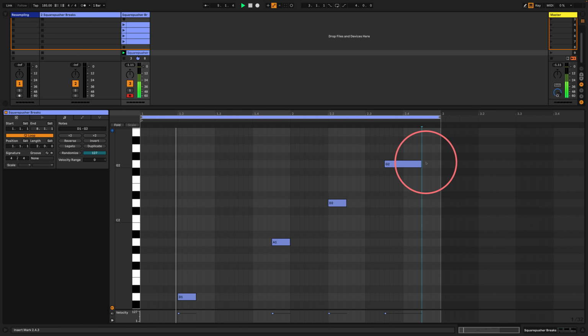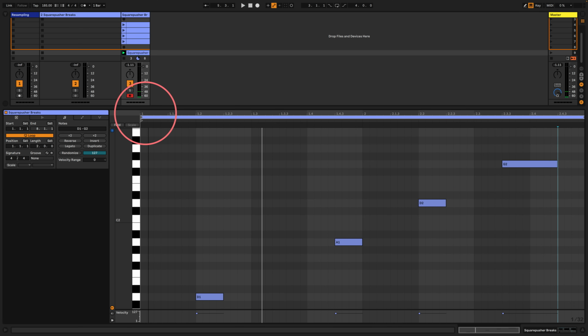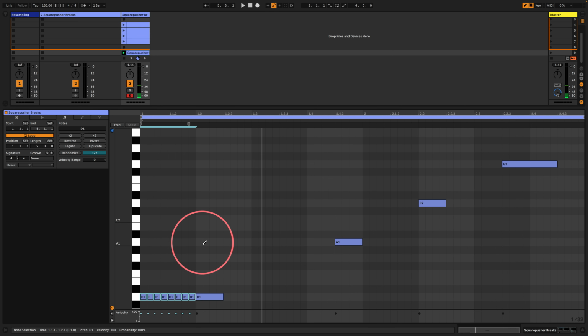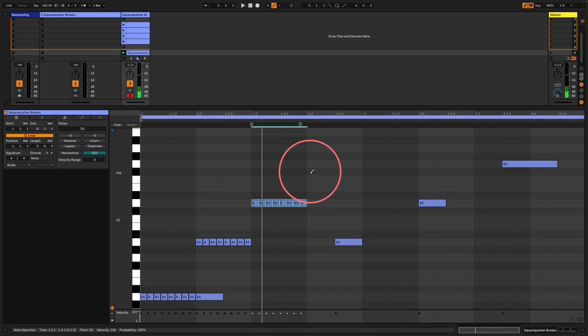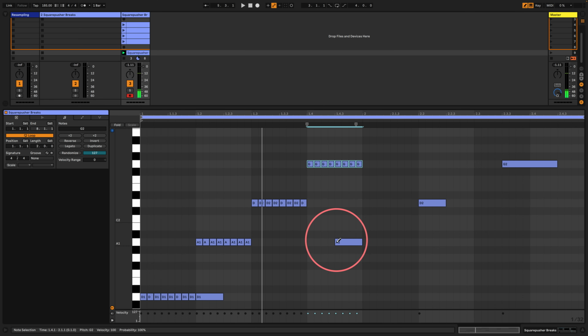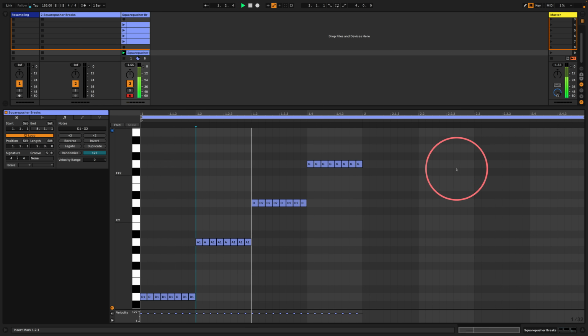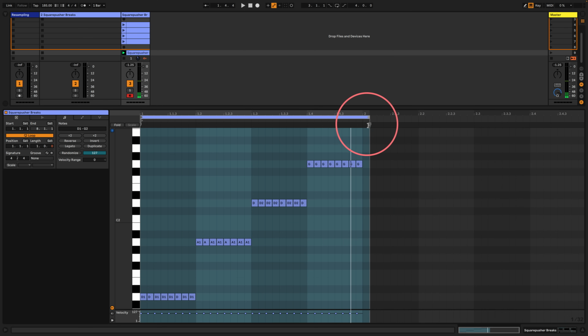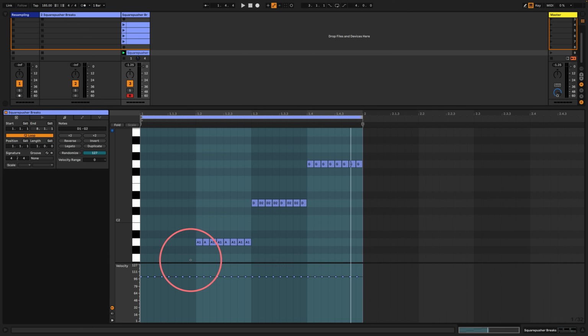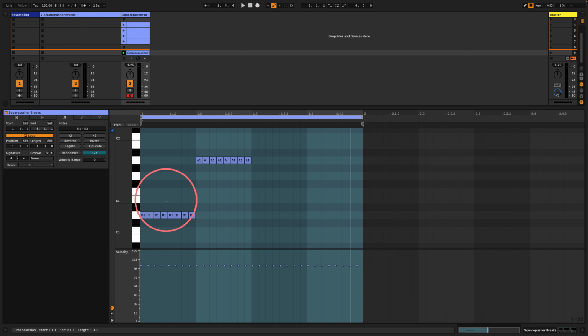Yeah, that's fine. Okay, so let's draw in some 16th notes here. We'll do the crash as well. Okay, let's delete all of those. We don't want those or that one. Yep, that's good. Okay, so now I'm going to draw in some velocity ramps, and I can do that by